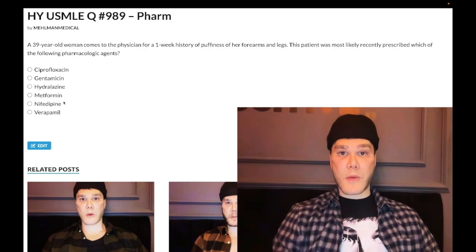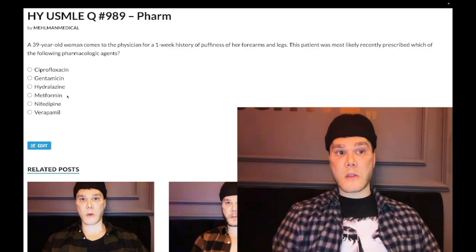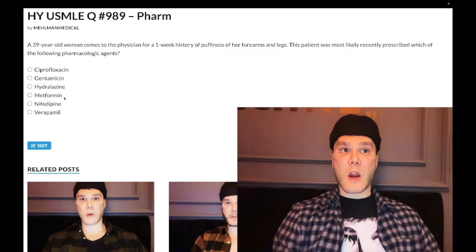Choice D, metformin, wrong answer. So type 2 diabetes med, that's going to increase glycolysis, decrease gluconeogenesis, and this notably causes lactic acidosis. So if you get a question where a patient's on metformin and you see bicarbs low, normal range 22 to 28, get a big 12-line question and they show you a bunch of lab values and you see bicarbs 20 and they say which of the following needs to be discontinued in this patient, you know right away